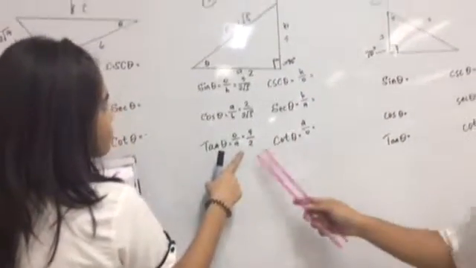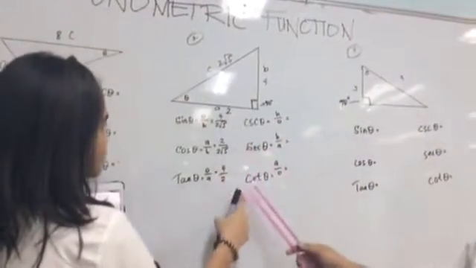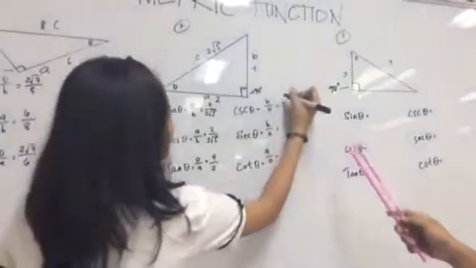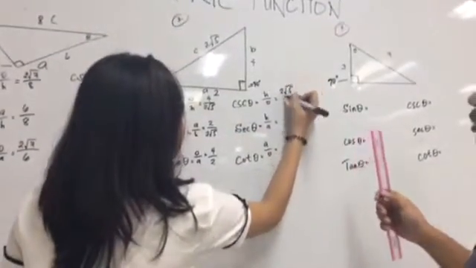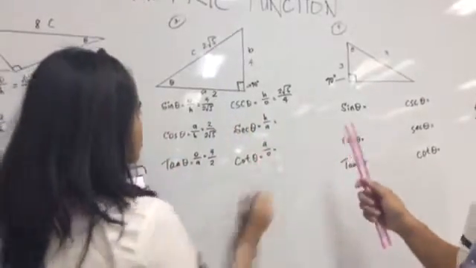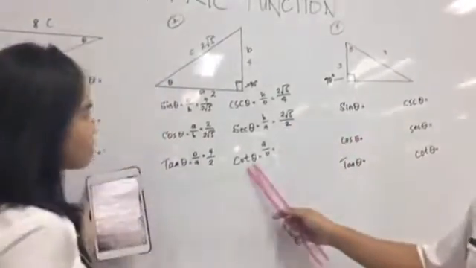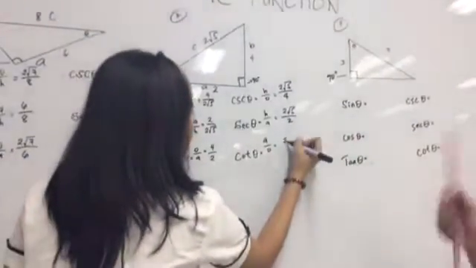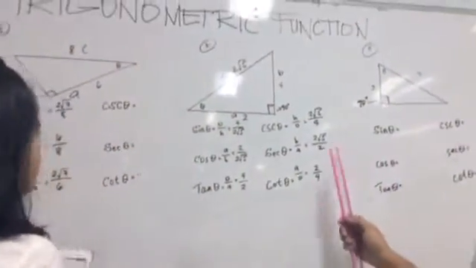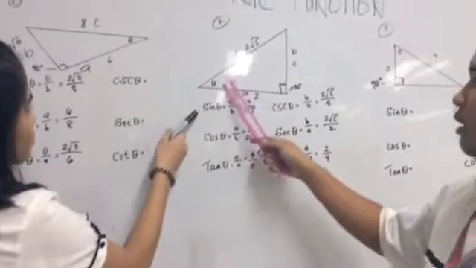Then after we identify this, let's find the reciprocal of each basic trigonometric function. Cosecant is 2 square root of 5 over 4. Then secant is 2 square root of 5 over 2. And cotangent is 2 over 4, sorry. Then after this, we will find the measurement of this angle with the use